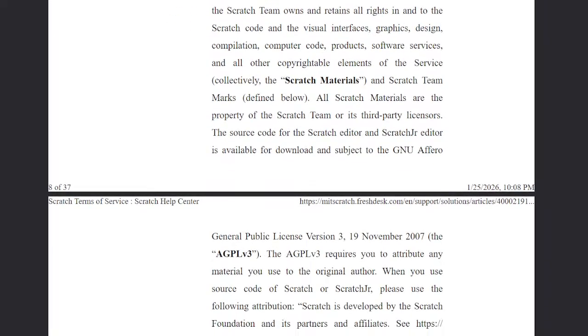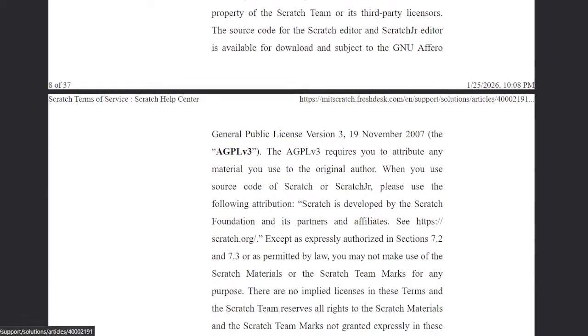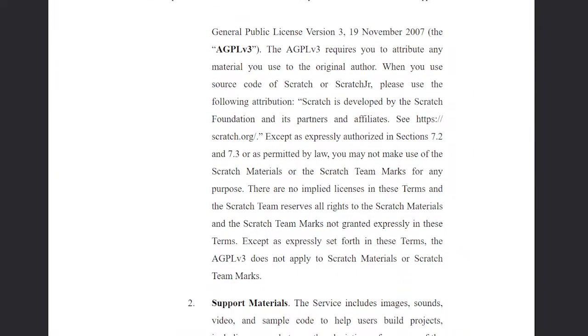The source code of the Scratch Editor and Scratch Junior Editor is available for download and subject to the GNU Affero General Public License version 3, 19th November 2007, the AGPL v3. The AGPL v3 requires you to attribute any material you use to the original author. When you use the source code of Scratch or Scratch Junior, please use the following attribution. Scratch is developed by the Scratch Foundation and its partners and affiliates. See https://scratch.org/